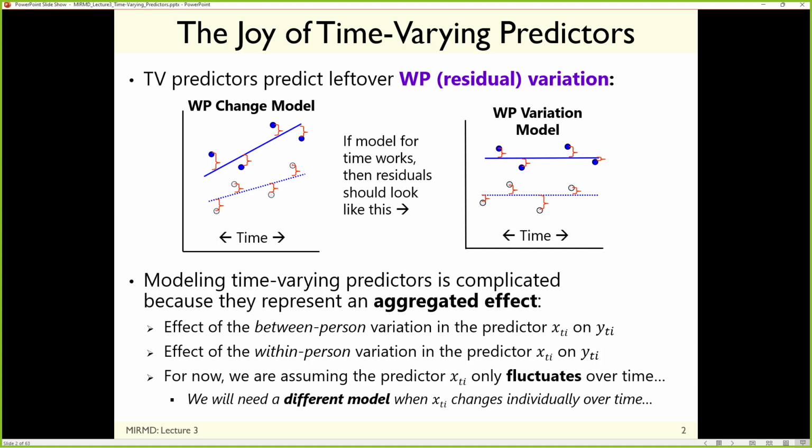So we're starting with just an example of pure fluctuation. And then we'll talk about how the model needs to change to address the concept of time and change simultaneously to time-varying predictors. Why this is complicated is because almost all time-varying predictors contain both between-person variation and within-person variation. And each of those sources of variation has the capacity to have a different relationship with the time-varying outcome. So we've got to make sure that we've captured all of that variability and those distinct relationships.